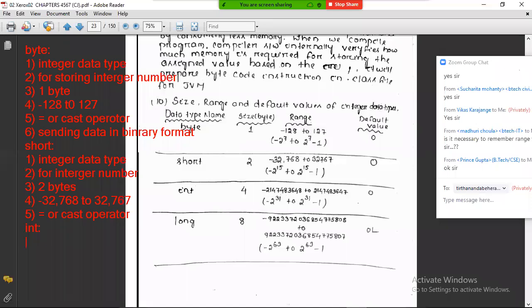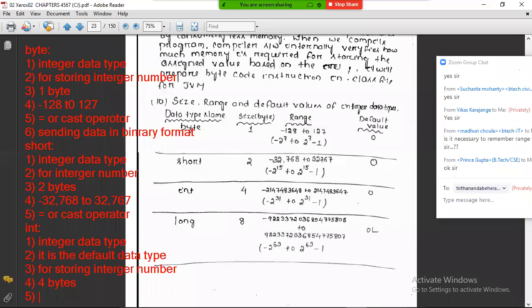The int data type. Tell me, first point: it is an integer data type. Second, it is the default data type. Third, it is used for storing integer numbers only. Fourth, it provides 4 bytes of memory to store a value.